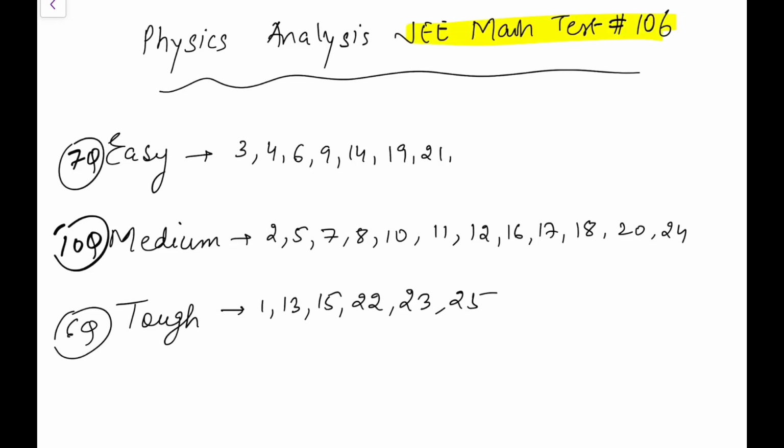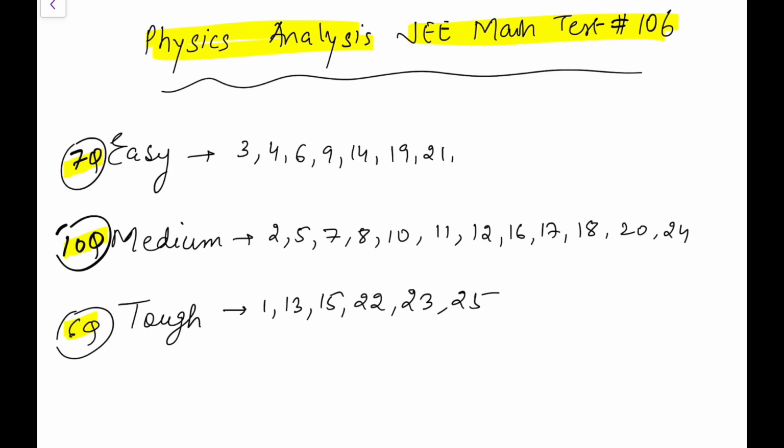I've just solved this JEE Main test 106 and here's the analysis of the physics part. I've regarded 7 as easy, 6 as tough, 10 as medium, and this paper has many calculative questions and some questions whose concept is not that easy. So it's not going to be an easy paper because of these 6 tough questions. It's tough to choose the easy and medium amidst that. So this won't be high scoring, I suppose.